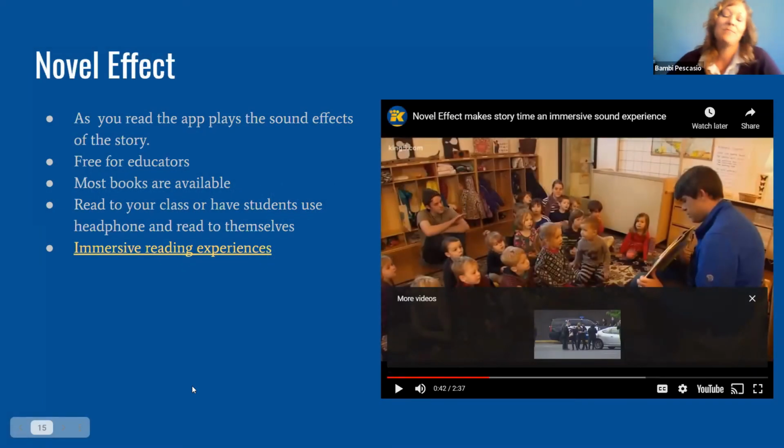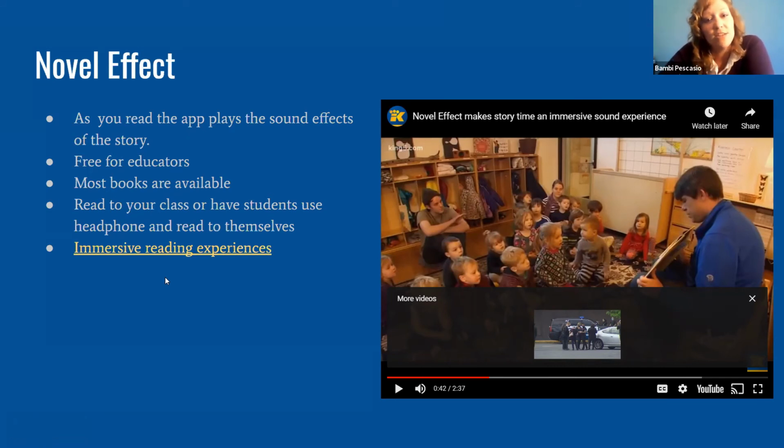It's very cute. Obviously with the younger kids, this is a big hit. If you're reading Where the Wild Things Are, that's such a great one. It's just engaging. It makes it more real. It brings that fantasy to life and it captures their attention, but it does it with the 5th graders as well. They just think it's awesome to hear those noises, and you see them look around,